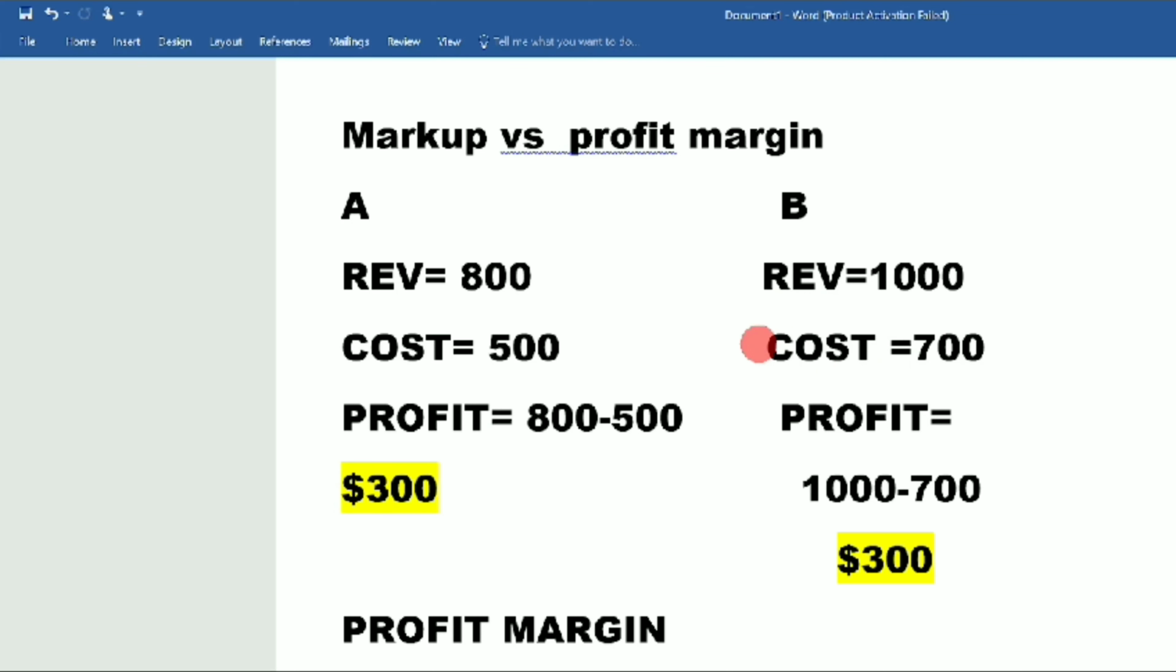And this is the reality, because this cost is actually your capital. What amount of capital are you putting in to get this revenue? So for every $1, what is going to be your profit? What is the margin? What is the ratio? So that is the